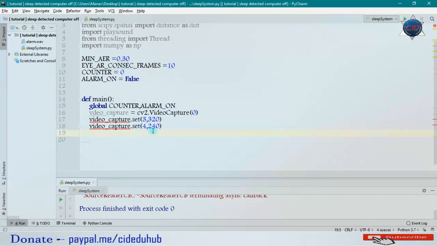We're using these two values for width and height because we want the execution of the software to be fast. So I'll just use these.